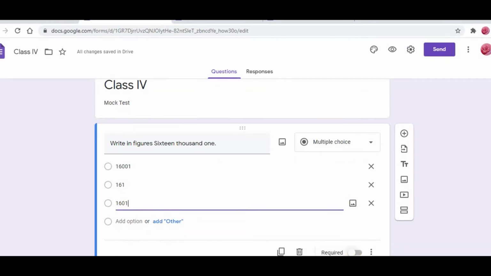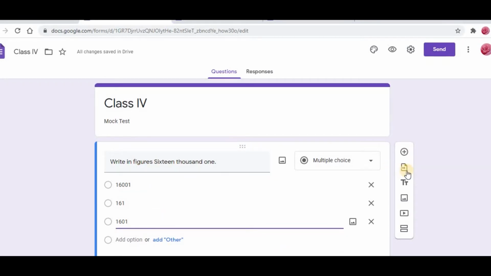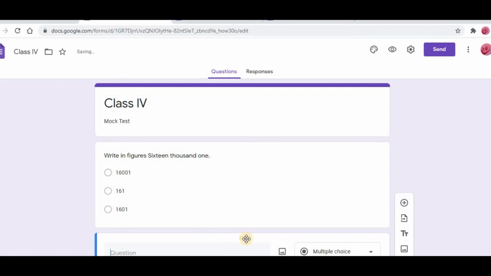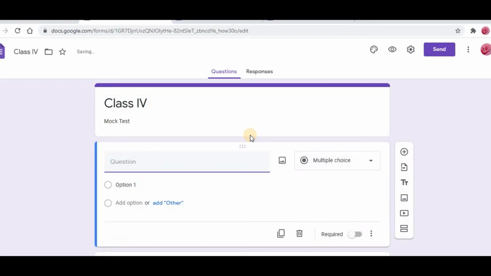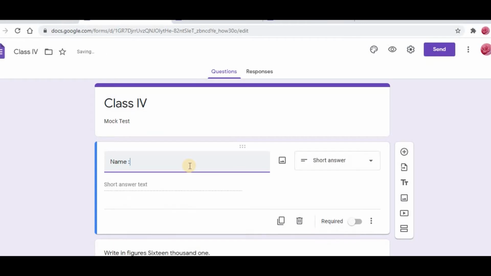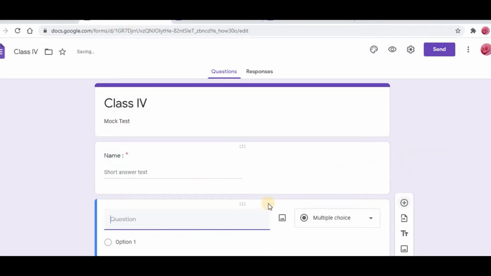Okay, so this is completed. Here you are seeing very clearly, before this question we are going to add one question, so you can move the column like this. Here you are going to ask the person to write the name, and automatically the system has changed this into short answer type, and here the answer text should come. Required means if you move this button like this, if the color changes from gray to blue, and the student does not fill this in, the system will ask. Sometimes in our questions the system will ask, right?